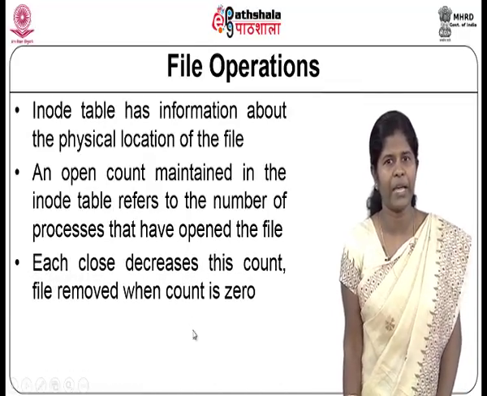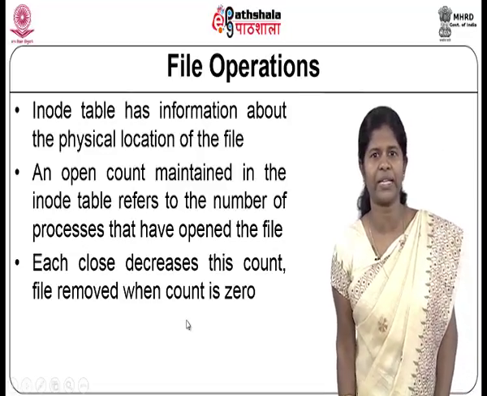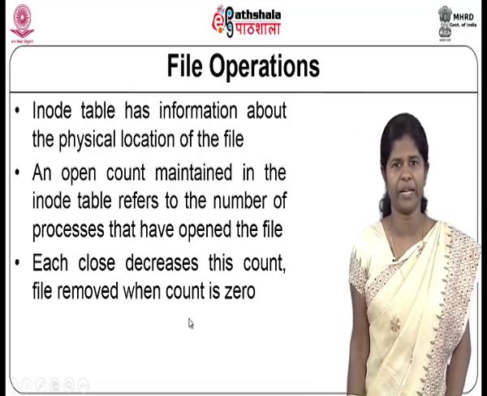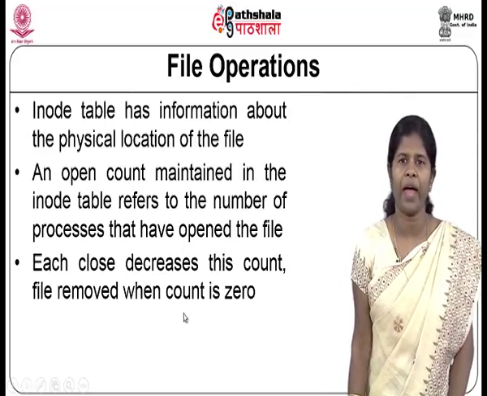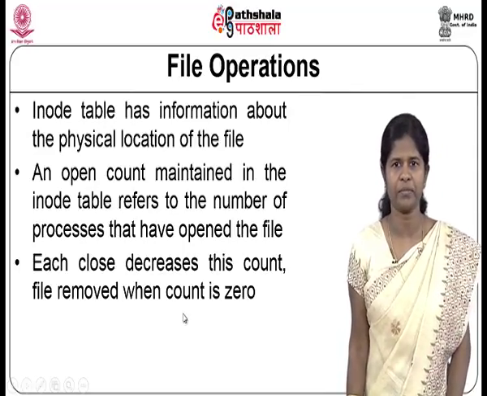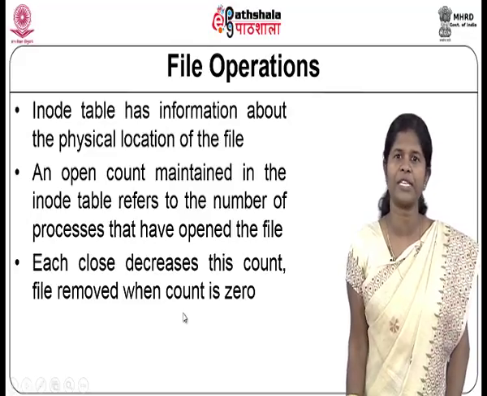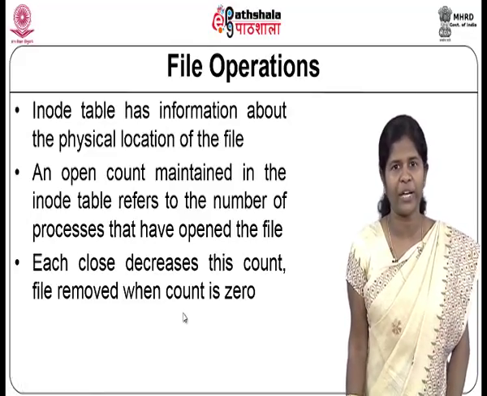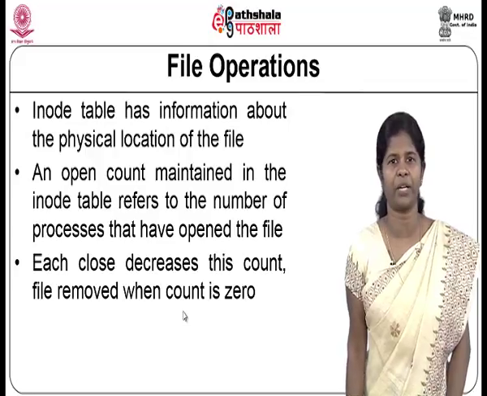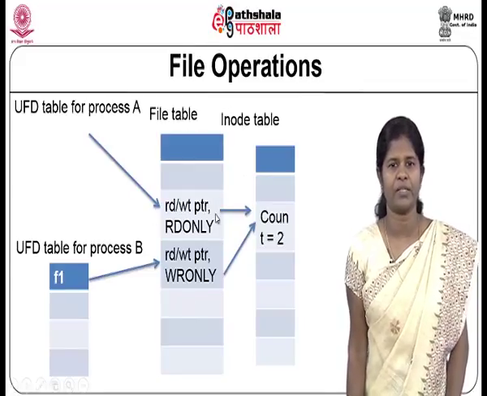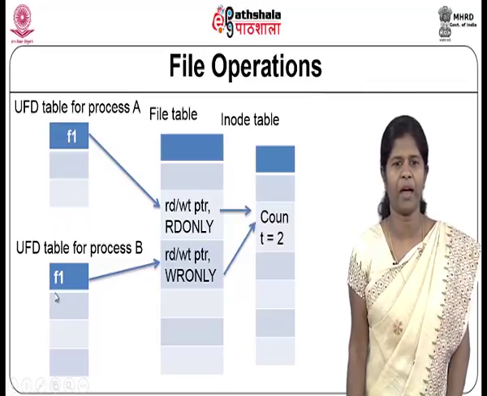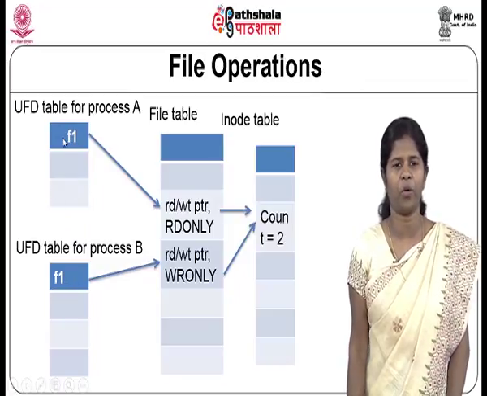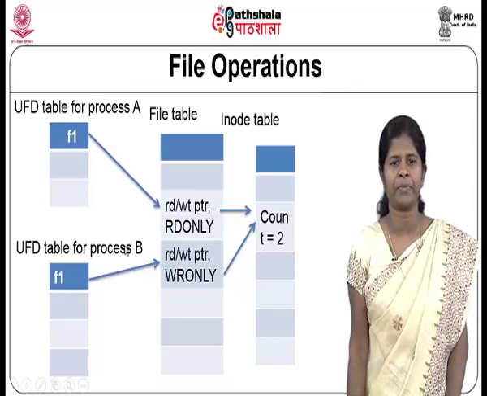And when, say, process A is closing that file, the count in the inode table will be decremented, and it will come to 1. And when process B also closes that particular file, the count again will be decremented and the count will come down to 0. See, here you can see that process A and process B have opened file F1, and the file